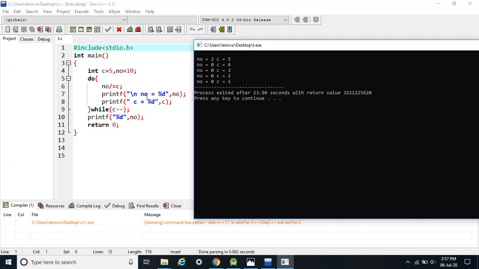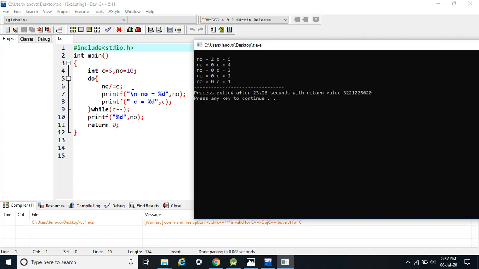So next, NO was 2 and C was 4. So 2 divided by 4 becomes 0 and C was 4. After that C minus minus, C is still 4 here, but after that C will become 3. NO was 0, 0 by 3 is 0. After that C minus minus, C is still 3 here, but after that C will become 2.